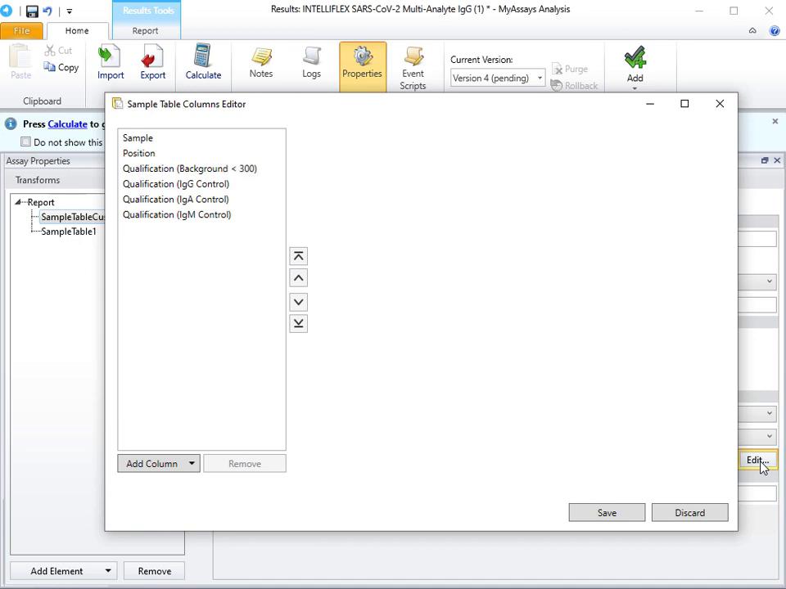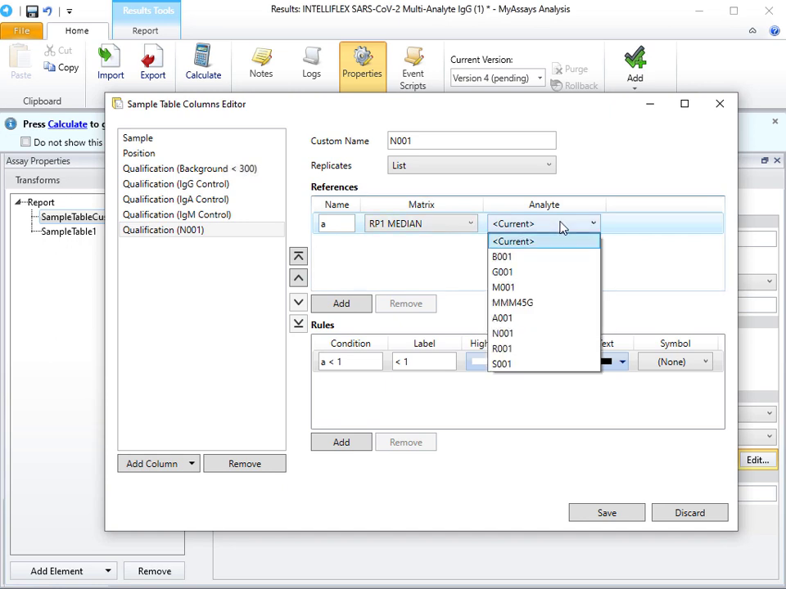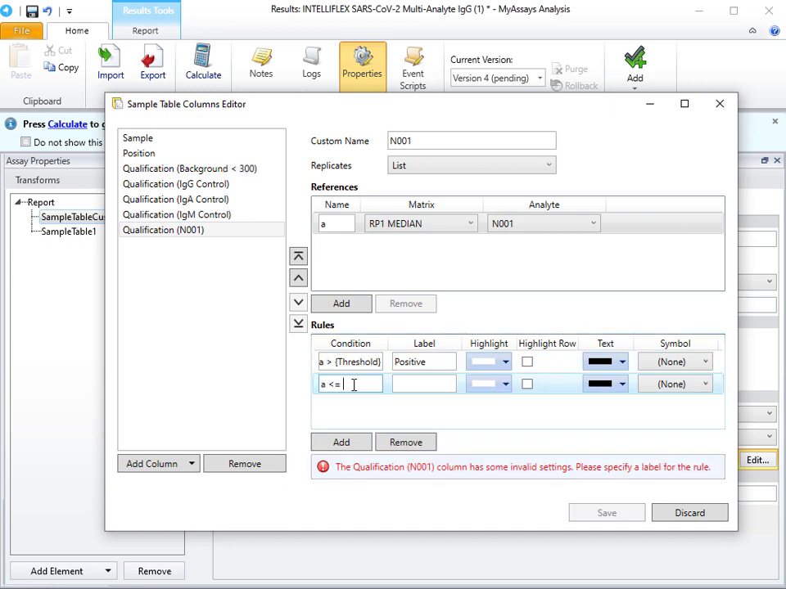So now let's add the last three columns to this sample table. I'll add a new qualification column with the custom name N001. Again, I'll select List from the Replicates drop-down box. This reference will again use the RP1 median data, and the analyte will be N001. The first rule condition will be A is greater than threshold surrounded by curly brackets. This will reference the macro we've just created. I'll add the label positive. The second condition will be A is less than or equal to threshold, again surrounded by curly brackets, with the